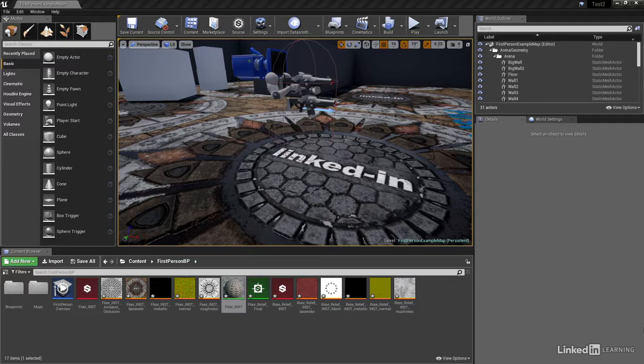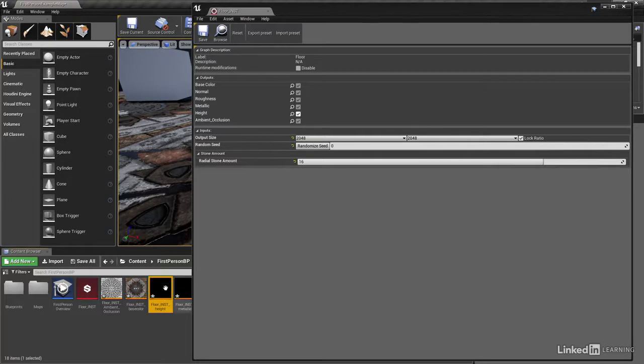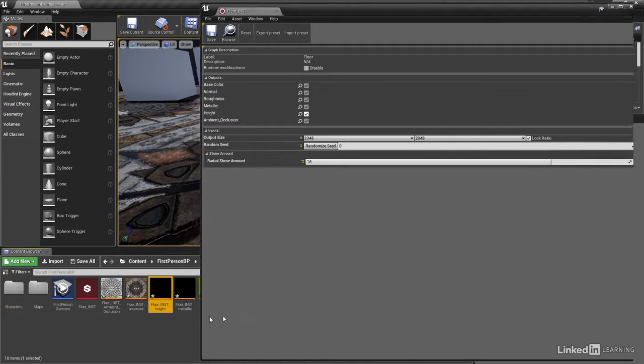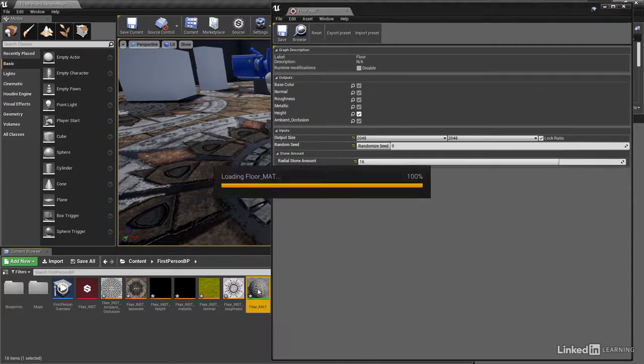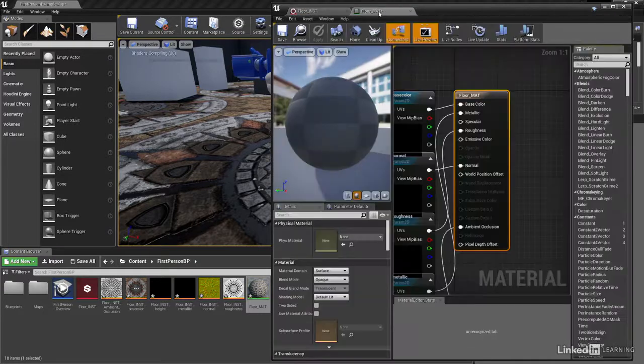You may have perhaps noticed that when we imported the material into Unreal and created all of the map nodes, there was one missing, that being height. Let's gain access to that now though, by double clicking on the substance file, and then putting a check in the height option. This will now compute and add a height map to our content browser. We can then double click the material so as to open it up, and then left click and drag on its tab header so that we can see both the content browser and the material graph at the same time